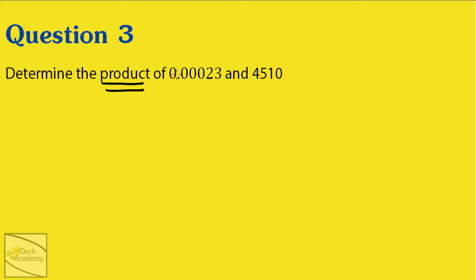So if you want to find the product of two numbers, say you have two numbers A and B, the product of two numbers is simply A times B. So in this case, our two numbers are this number and this. So the product is just obtained by multiplying them by each other. To make the multiplication easier,